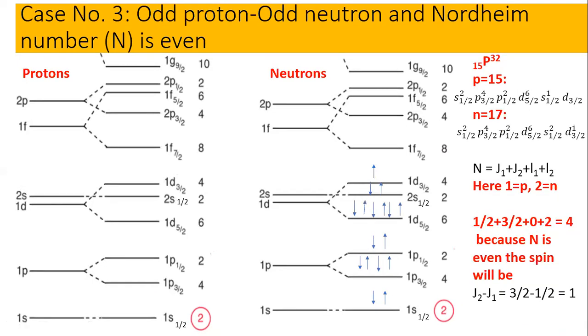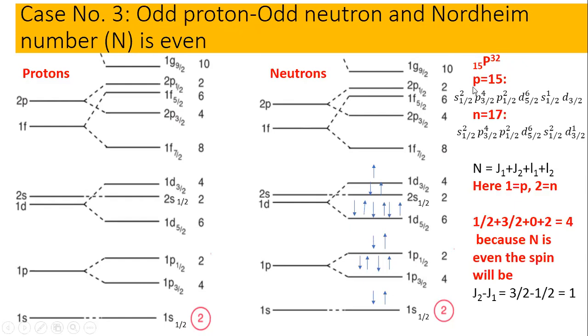So let's move to the third case, when an odd number of protons and an odd number of neutrons are present. In this case we are going to apply the Nordheim rule, and it is called the Nordheim number. We will calculate this using a very simple formula. And if the value of n is even, then what is the nuclear spin? So case 3 is all about when there are both an odd number of protons and an odd number of neutrons, and n, the Nordheim number, is even, then how to calculate the nuclear spin? The example is here,